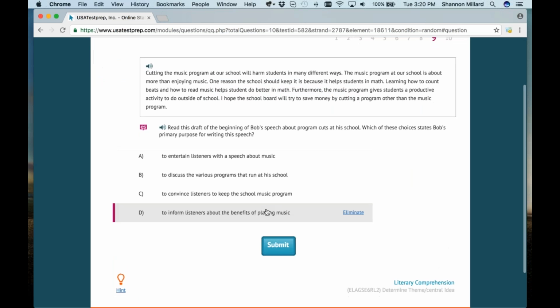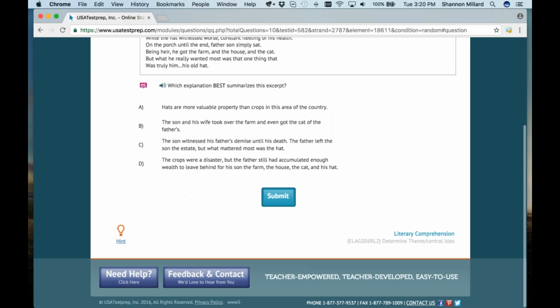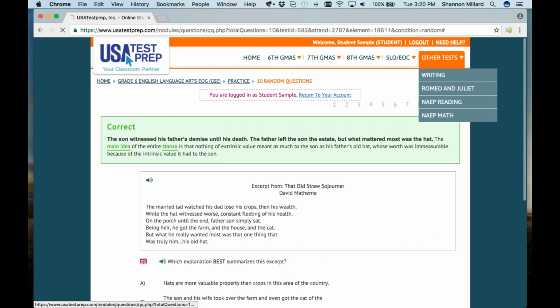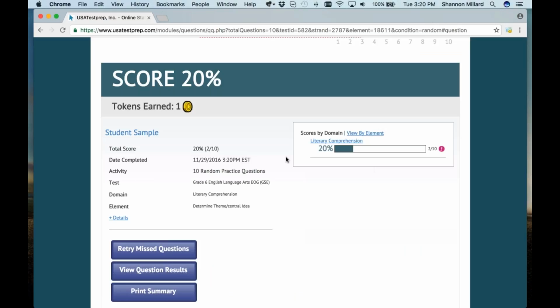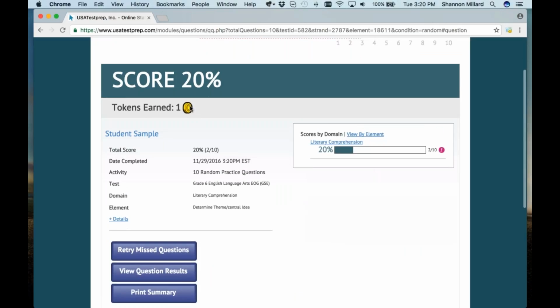Okay, so that one I got right. Okay, so my final score was 20. As you can see, I earned 1 token. Now, if I had earned a better score, I would have received more tokens for that. But if a student earns anything over a 0, then we do give at least 1 token just to encourage